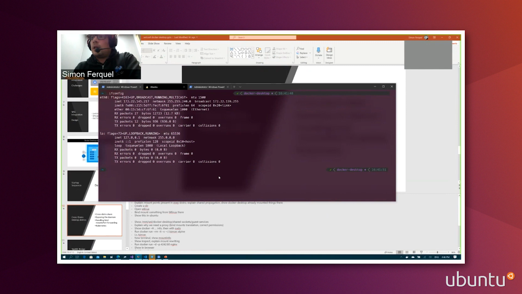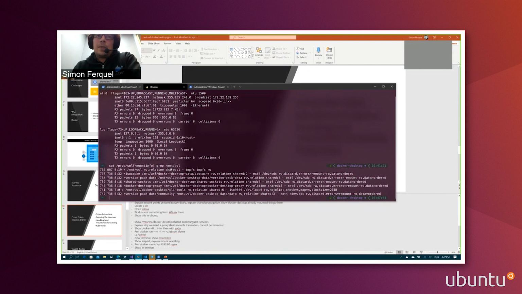So here I am on Ubuntu, and I'd like to show you something first. So I will cat my mountinfo there as well. Something that Microsoft added, maybe just for us, is this /mnt/wsl thing. /mnt/wsl is a tmpfs that is actually mounted in all your WSL distros, and that allows you to share things